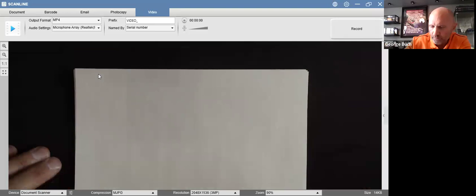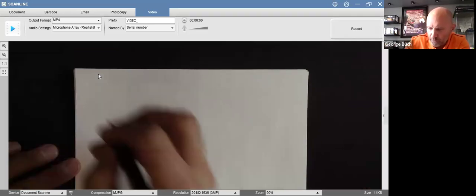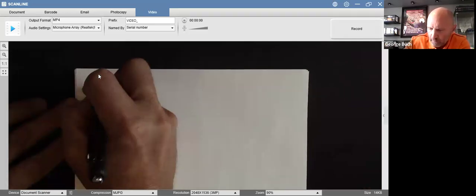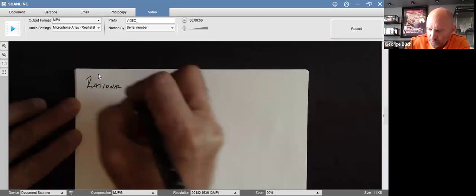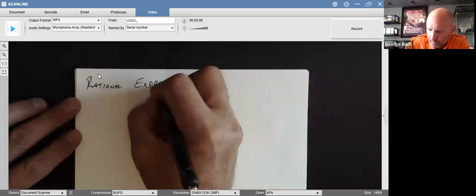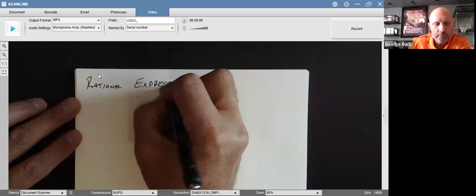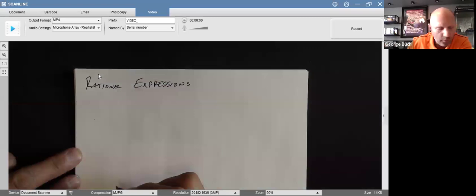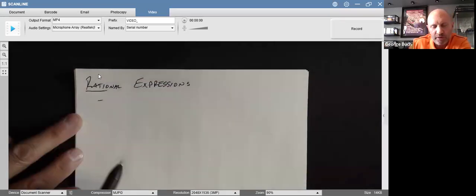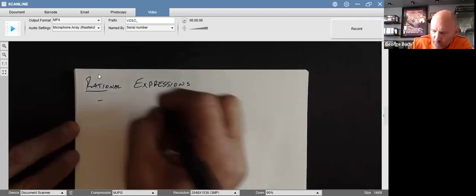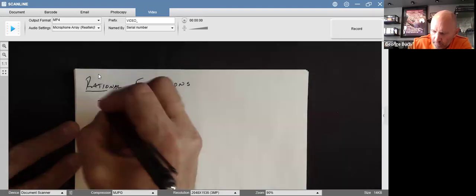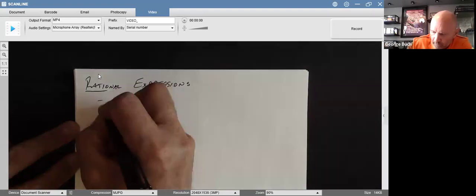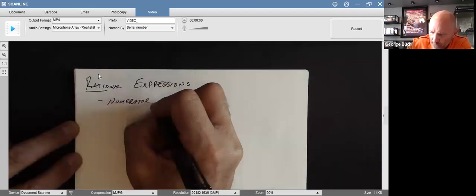All right. So, as I said, the first thing we're going to talk about is something called rational expressions. As always, if we look at the first part of this word, ratio, that means a fraction. So a rational expression is when the numerator and or the denominator